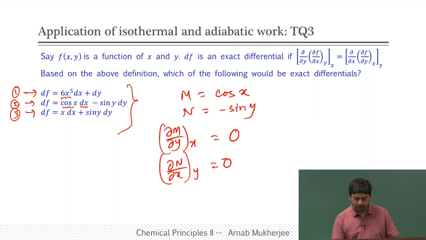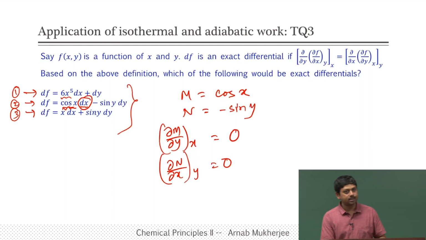Did you understand why I am identifying cos x as already a derivative with respect to x? Because I have to do df/dx at a constant y, then dx. Because there is a dx here, this is already a derivative with respect to x. Now, I have to take a derivative with respect to y. M and N do not matter; what matters is what the first derivative was. So, you see that this is also an exact differential.